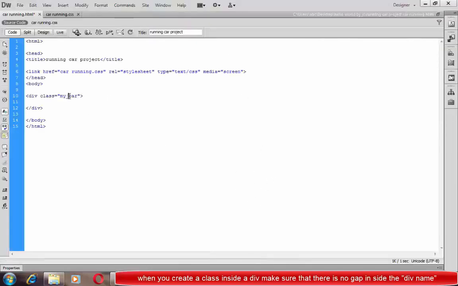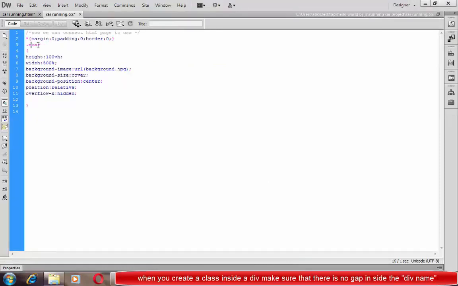So you can see that there is no image present in our browser because we made a mistake in creating the div. When you create a class, you do not give a space in the class name. So for that we just made an error here, so we can identify the error and see how we can write the class here.